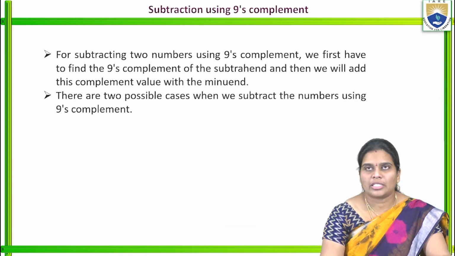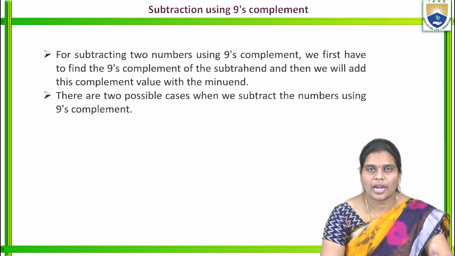So coming to the 9's complement subtraction, here also the same procedure. If you are taking any negative number, we apply the 9's complement of that value. Next step, adding these two numbers, again we get some value. If we are having a carry, that carry is added in the LSB bit, then we get the resultant value. If we are not having any carry, again we apply the 9's complement of that resultant value, then we get the original final value.